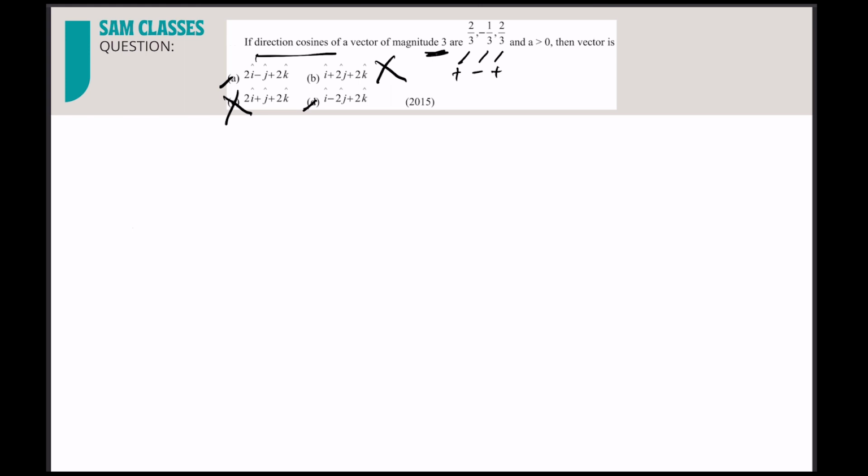Now if you see this, you got it. If you just analyze the first one, you'll be able to predict the answer. You don't have to do anything other than that. What is the DC formula? DC is direction cosine. DC is equal to direction ratio by mod of the value. Magnitude they already gave us 3, and direction cosine they gave it as 2 by 3. So if you do it, you got the first value as 2, directly done. So you don't have to solve, and it takes less than 3 seconds.